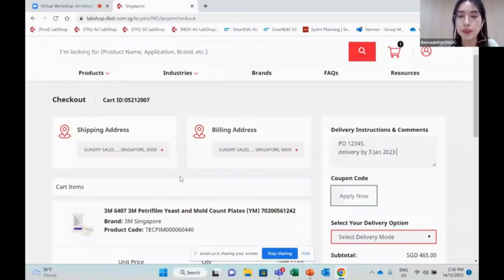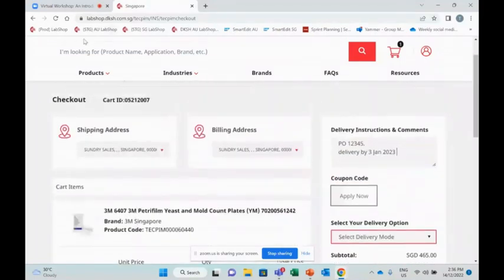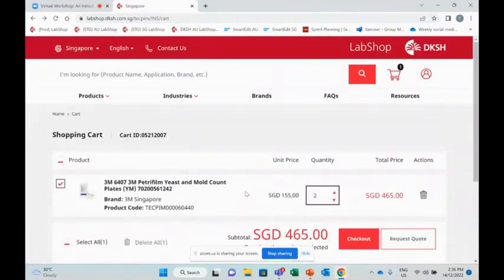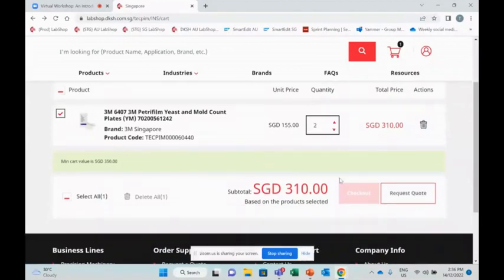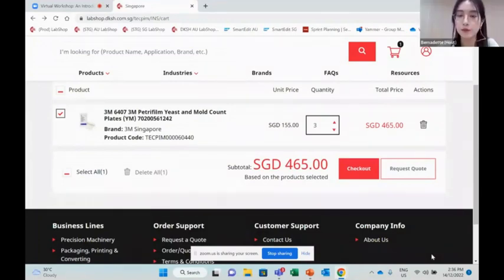All right. So Simin, the next question is, what is the minimum order for this LabShop? I know that you might have covered it during the presentation earlier, but I might have missed it. Okay, the minimum spend per order transaction is 350. So if you're not reaching the minimum spend, you're not able to click the checkout button. The button is unlit, but once you have reached the minimum spend, the checkout button is lit back. Okay, thank you so much, Simin, for your answer.